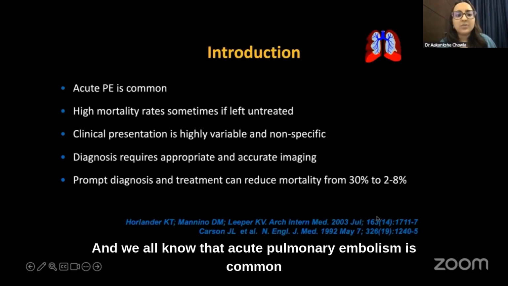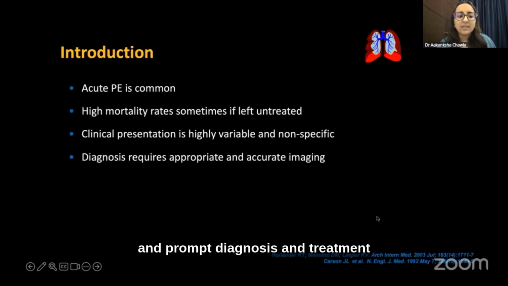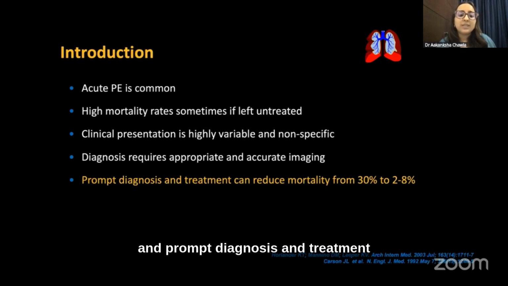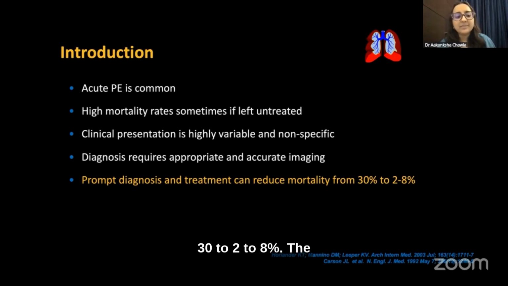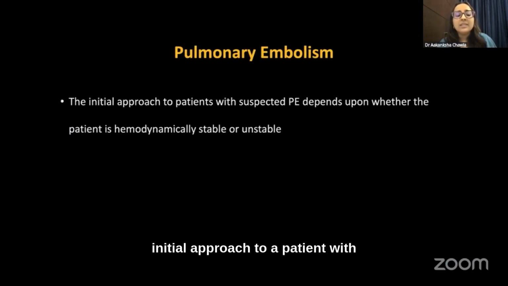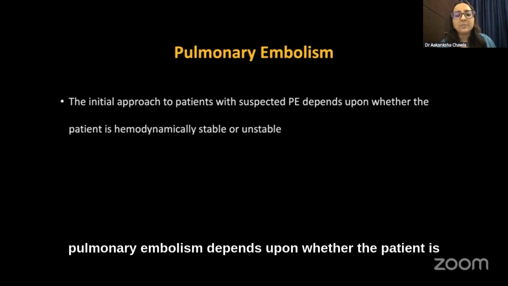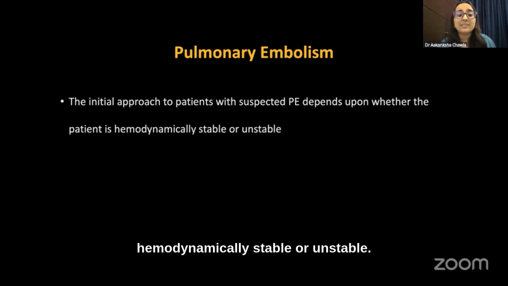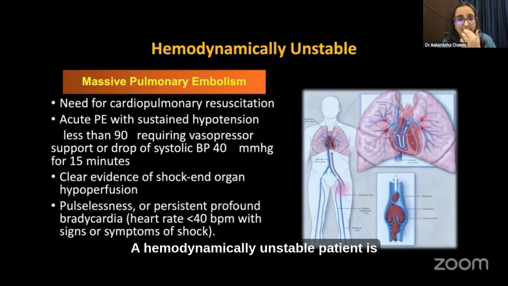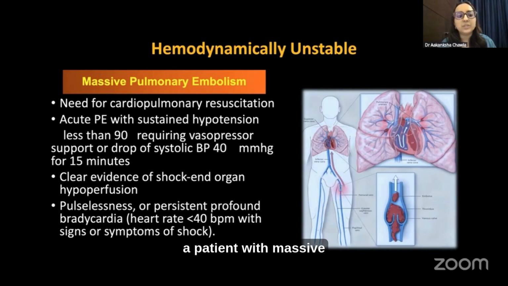And we all know that acute pulmonary embolism is common, and prompt diagnosis and treatment can reduce the mortality from 30% to 2 to 8%. The initial approach to a patient with suspected pulmonary embolism depends upon whether the patient is hemodynamically stable or unstable. A hemodynamically unstable patient is a patient who may have a massive pulmonary embolism with need for